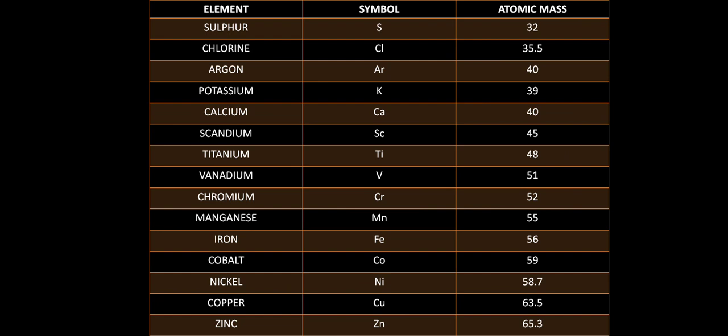Now, moving to another topic, that is molecular mass. So now the concept of molecular mass is exactly the same as atomic mass. Now what we know about atomic mass is that it is the number of times heavier than 1 AMU. Molecular mass is the number of times a molecule of a substance is heavier than 1 AMU. The only difference is over there an atom of an element was heavier than 1 AMU. Over here a molecule of a substance is heavier than 1 AMU. The other concept remains exactly the same.